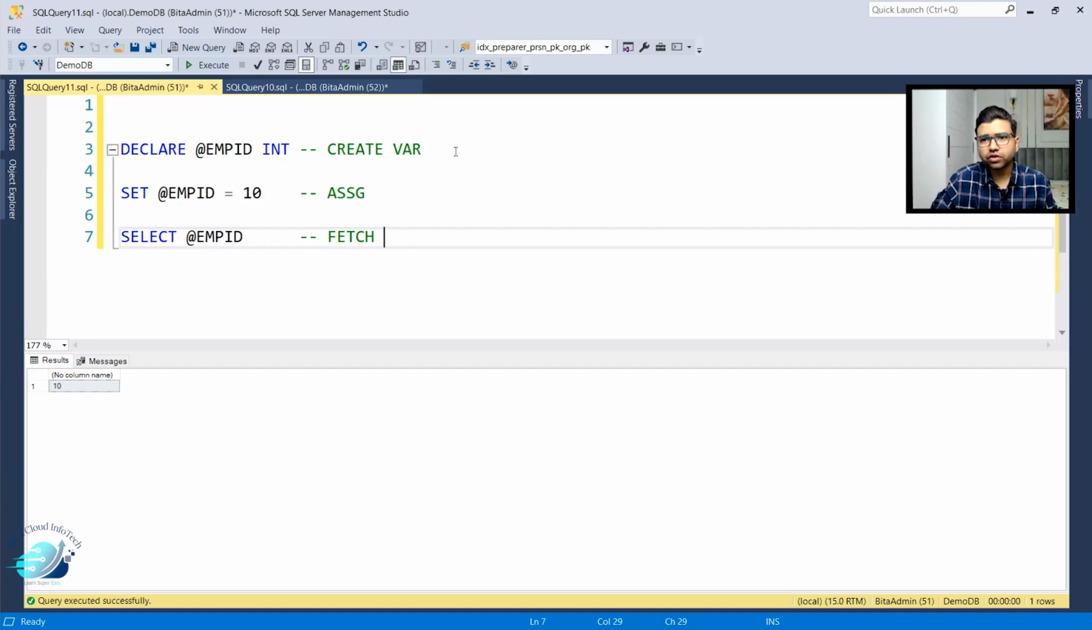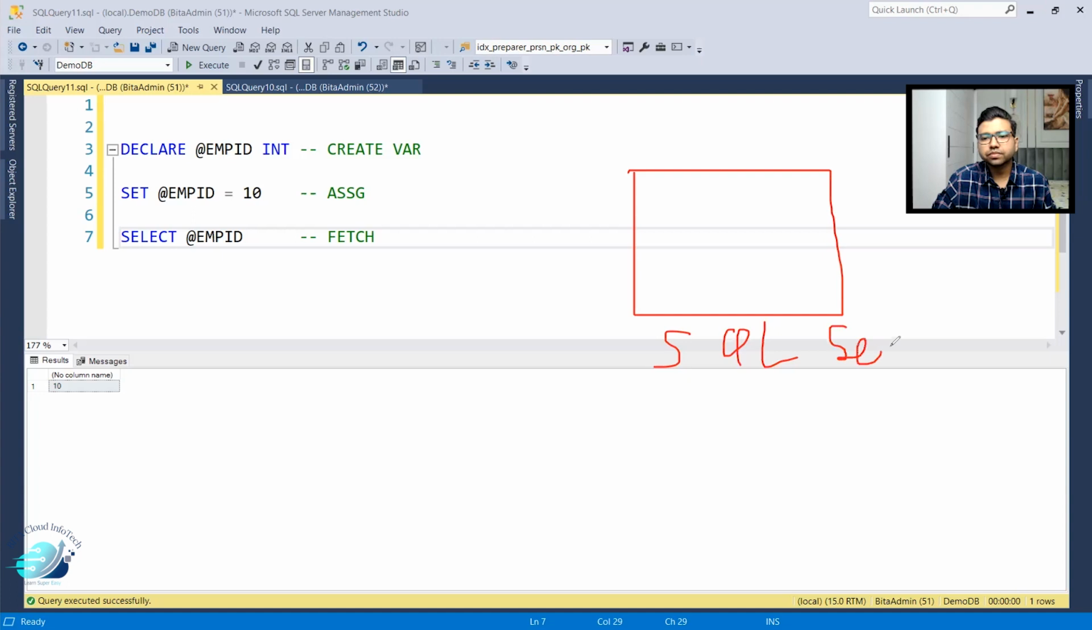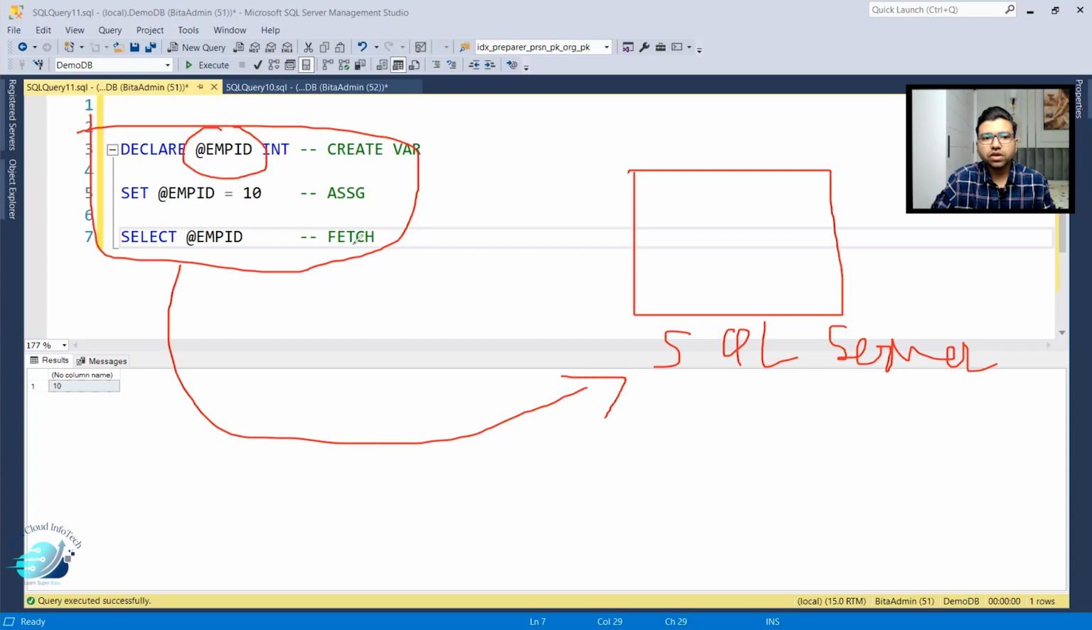Now, a little bit of the theoretical part. Just understand, this is our hard disk. This is managed by SQL Server. In this space, when we send the command to create an employee ID, SQL Server will create a box here. This box address is